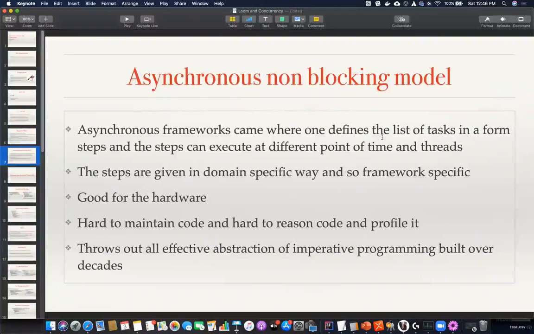And I'll emphasize that the abstraction of imperative programming is not so straightforward, because we are born in the imperative world, and we have written code that way, so we take it for granted. But there are some very effective abstractions which are critical to writing scalable, maintainable code, code which could scale in quantity,